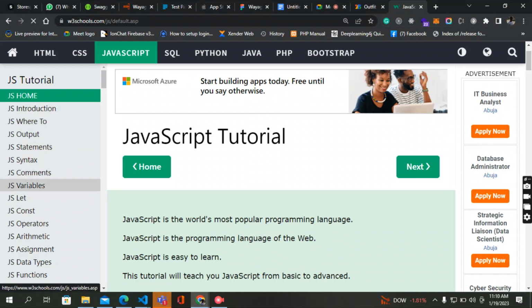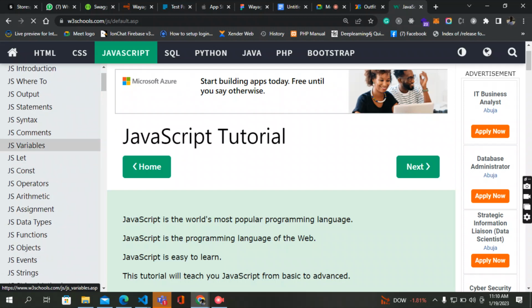Okay, so last time we stopped on variables. Okay, so we'll move on from there. I believe you understand up to variables, right? Is there any question that bothers you? No, sir. Okay, so we'll move on to operators,